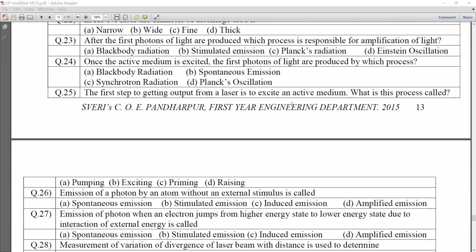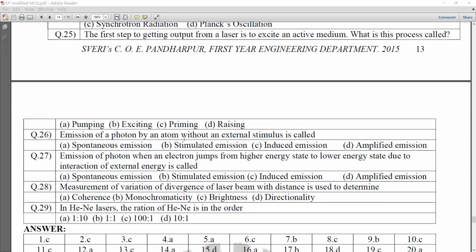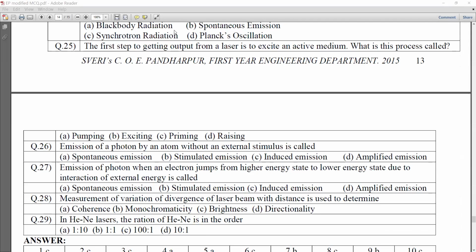The first step to getting output from a laser is to excite an active medium. What is the process called? It is called pumping, right? To obtain population inversion, we excite the active medium. What do we call the process of exciting it? Emission of a photon by an atom without an external stimulus is called spontaneous emission. Then emission of a photon when an electron jumps from a higher energy state to a lower energy state due to interaction of external energy is also called stimulated emission. Measurement of variation of divergence of laser beam with distance is used to determine